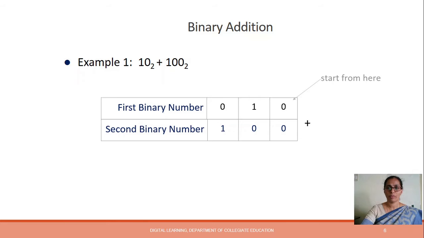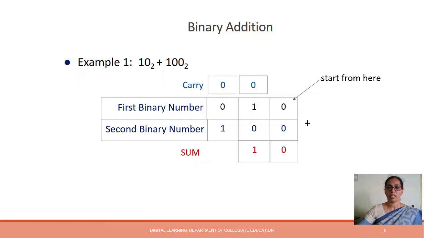By adding these two, we will be starting from the least significant bit position or the rightmost bit. So adding these two, we will get the sum as 0 and there is no carry. The sum is displayed here and carry is displayed here, because if there is a carry, that will be added to the next adjacent bit position. So while adding the second bit position, if there is any carry, you will be adding it along with these bits. So here we are adding the second bit 1 and 0.